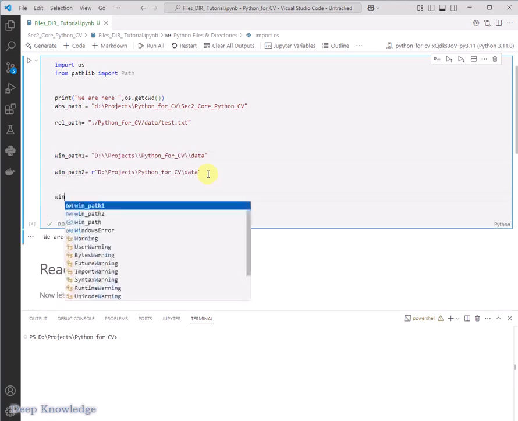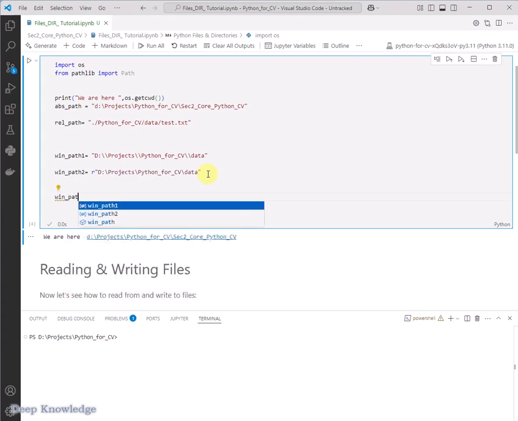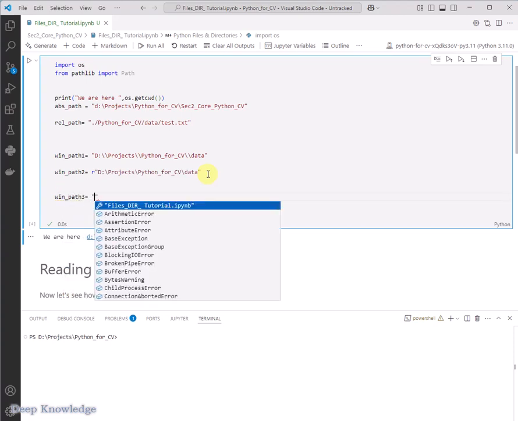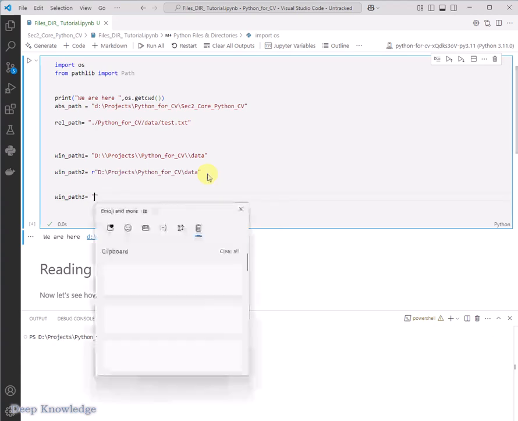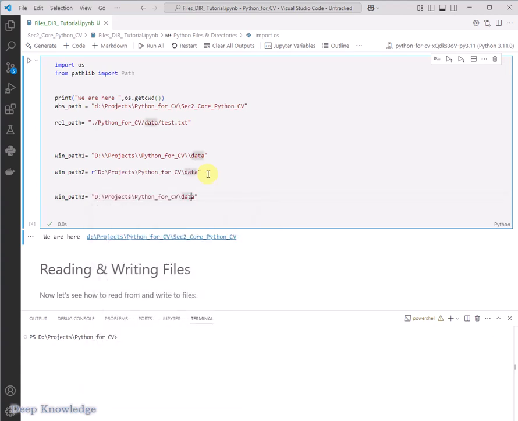And also the third one, when path 3. It's like adding your stuff like this, but keep it like Linux